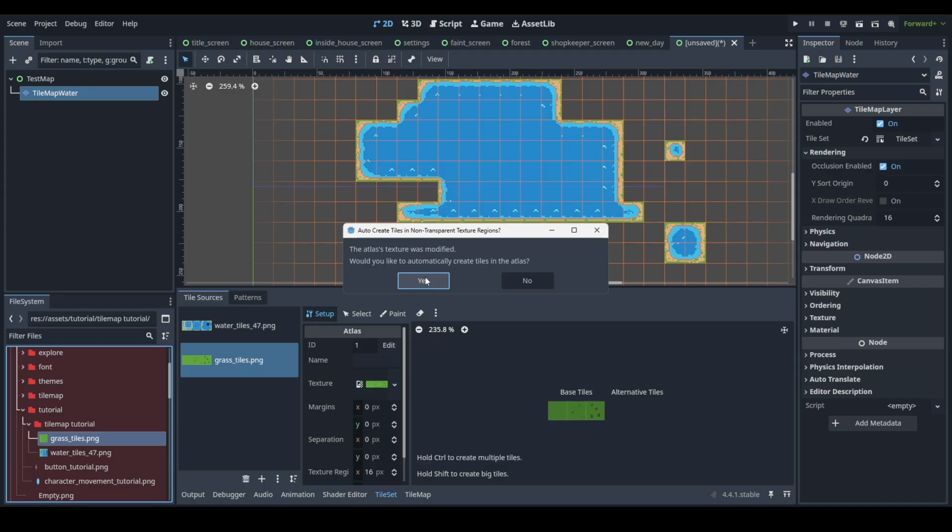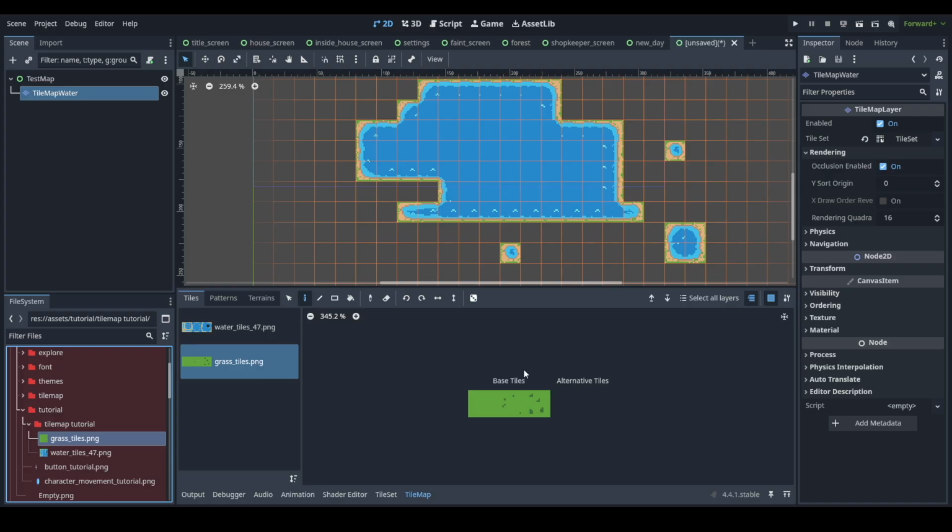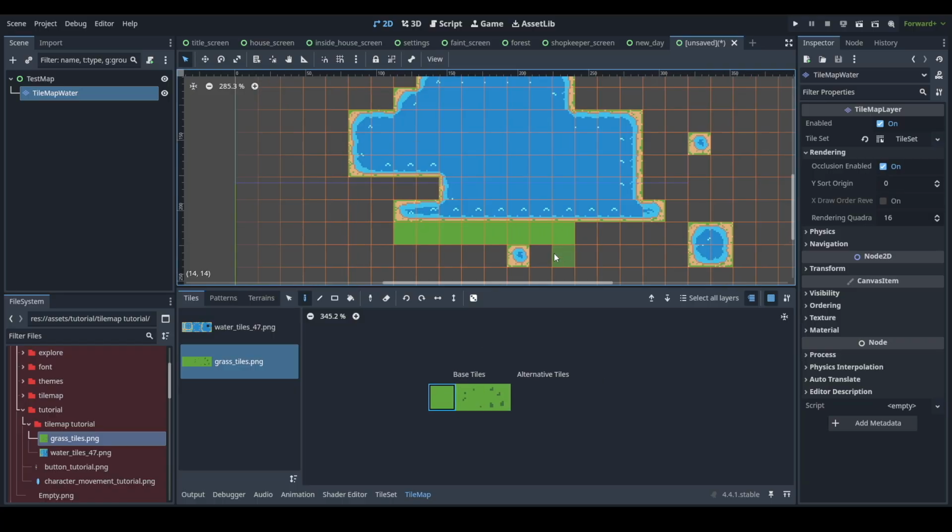The atlas texture was modified, would you like to automatically create tiles in this atlas? Hit yes. And now these 3 tiles are highlighted, so I think we're good to go. We just go straight to the tile map, and now for this we can't auto tile it, obviously, so we're not going to use the terrains tab, we're just going to paint from here. So basically click, and then you can just mouse over